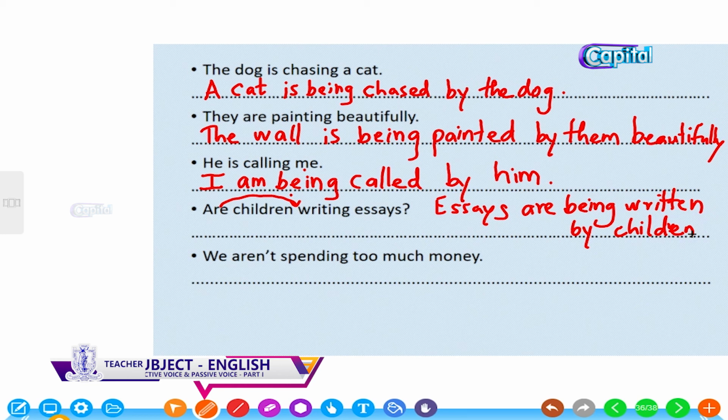Now, I have to change it as a yes or no question. So, the be verb should be brought to the beginning, and now the answer is are essays being